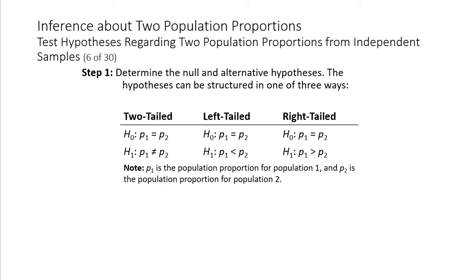The first way is when we have a difference and we say we have a two-tailed test. We're going to write the null hypothesis as a statement of equality, and the alternative hypothesis as a statement of inequality. So here is the first way to write it down, and we know in this case we're going to have a two-tailed test. And we need to find z sub alpha divided by 2 and negative z sub alpha divided by 2. And alpha is basically the area in both of these tails, which is also known as the probability of making